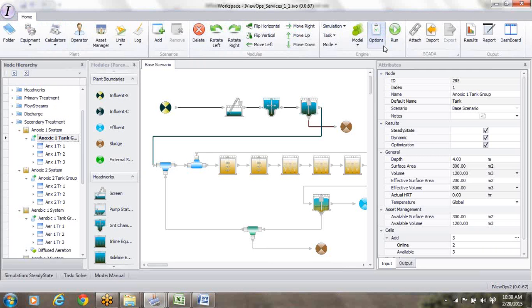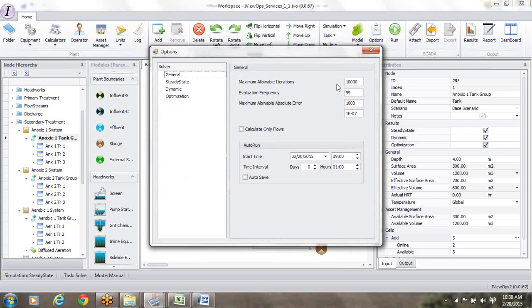Now, how do we get around to running the model? Well, right now I'm allowing a maximum number of iterations of 10,000. Maybe I need to increase it to 20,000. In more sophisticated analysis, I increase the evaluation frequency from 99 to like 299 or 499. Sometimes I even go higher, but I think you should not go any more than 299. Because if you get stuck in dynamic simulation, it needs to run through the full 299 steps before it makes a tweak and then runs it to help it